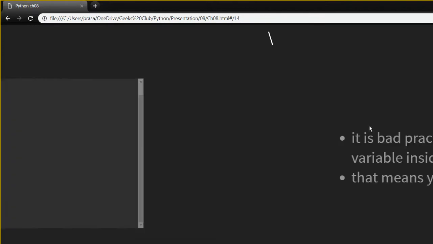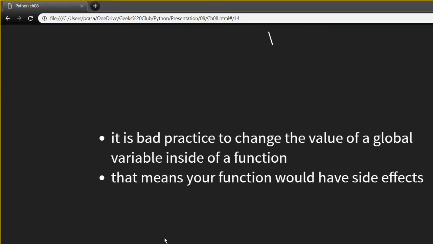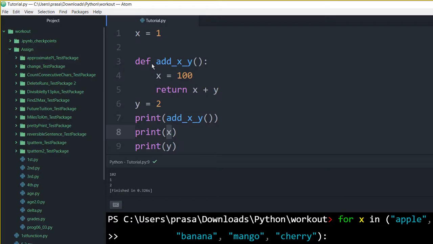So yeah, in short, don't use global variables. But if for some reason you have a reason to assign the value of x both inside and outside the function, and you want to use x globally, you can declare global x.